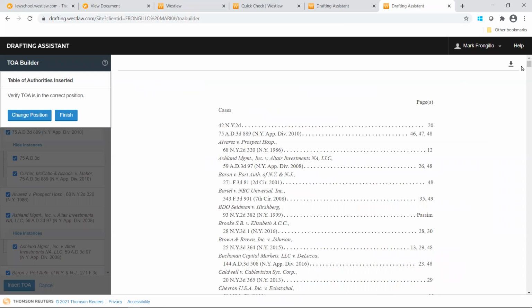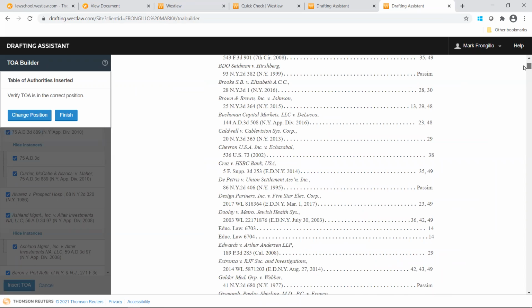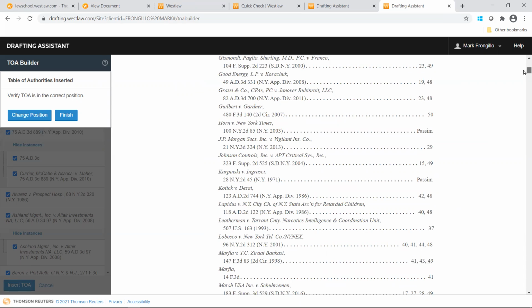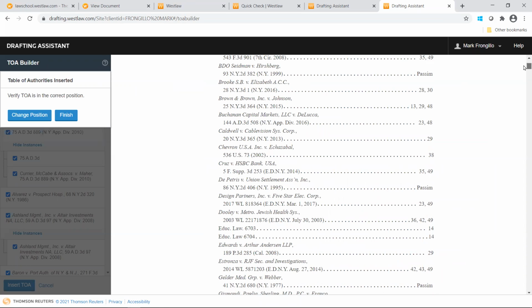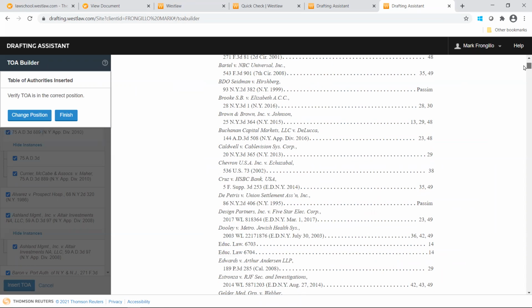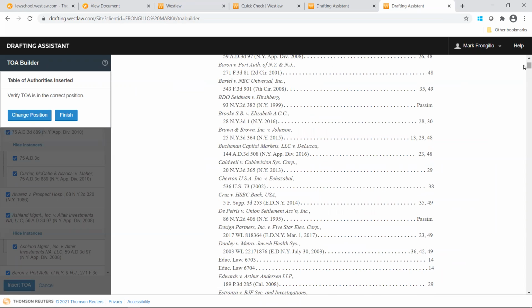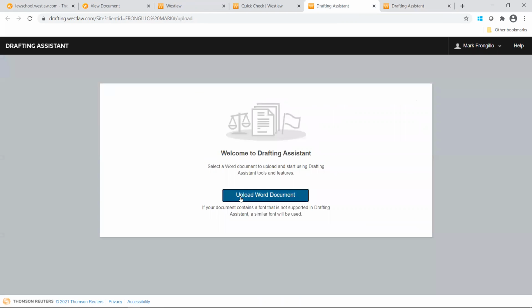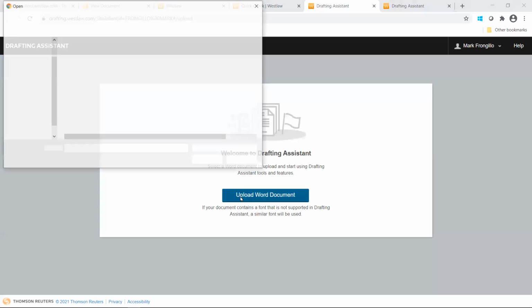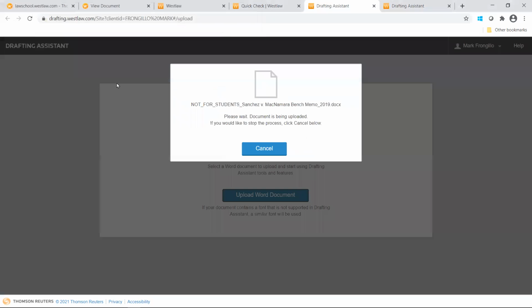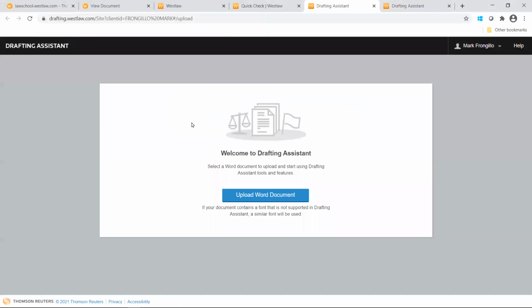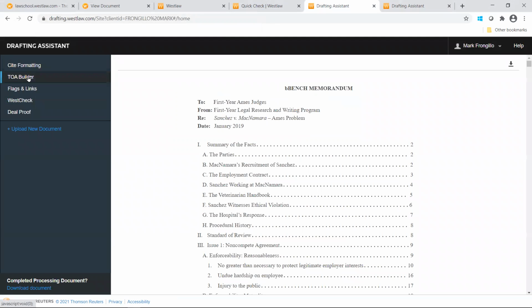So, this was a brief that I pulled that I think a lot of these cases might be familiar to you, because this is based off of the Sanchez issue. But Drafting Assistant will automatically build a table of authorities for you. And I can just show you how to get in there. So, boom, TOA builder, click, and it will build your table of